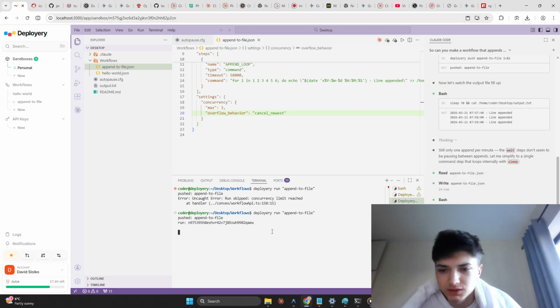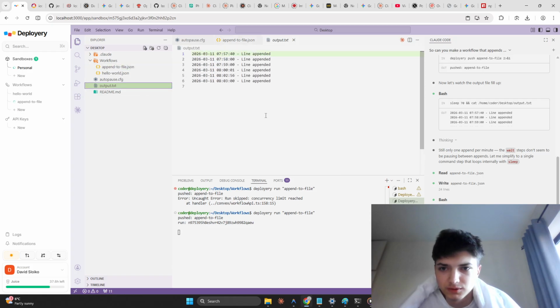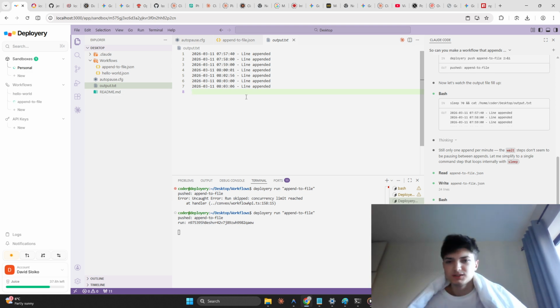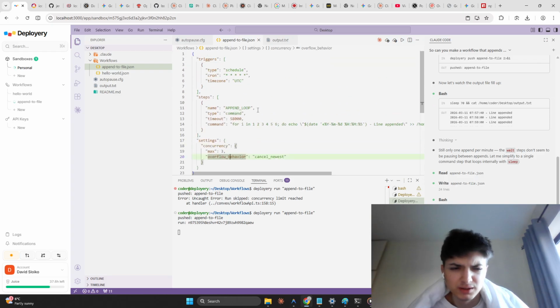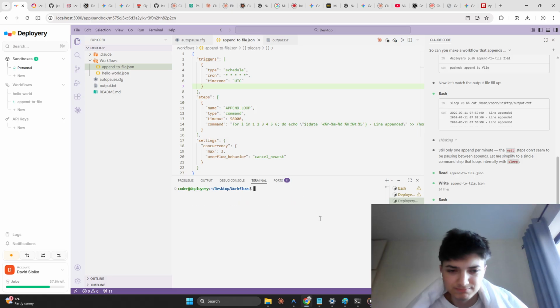It's going to push it, it's going to run it, and then this is going to execute, write a file every 10 seconds, right? Yeah. So as you can see, that is working, but there's actually 2 different automations currently running because I set the concurrency limit to 3, but you can see that I properly built it, but I think just Sonnet is struggling with reasoning on this because this is really simple for it, it's just not understanding how crons work, I guess. And like time and stuff.